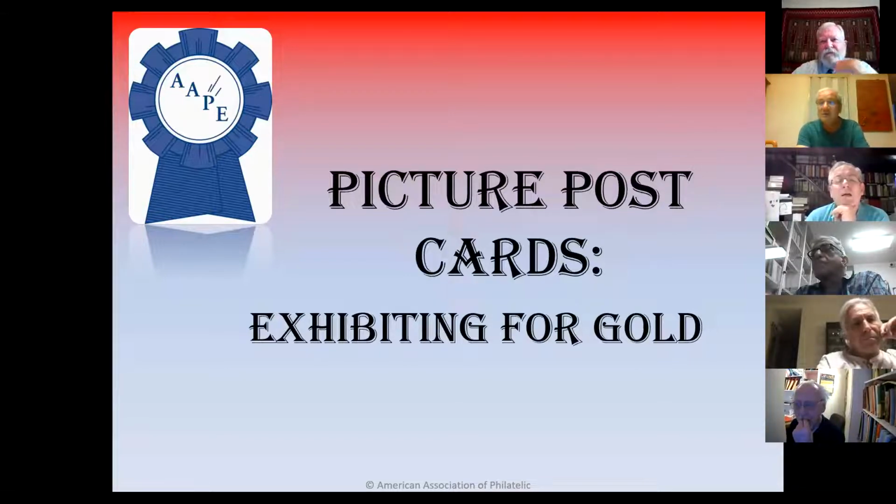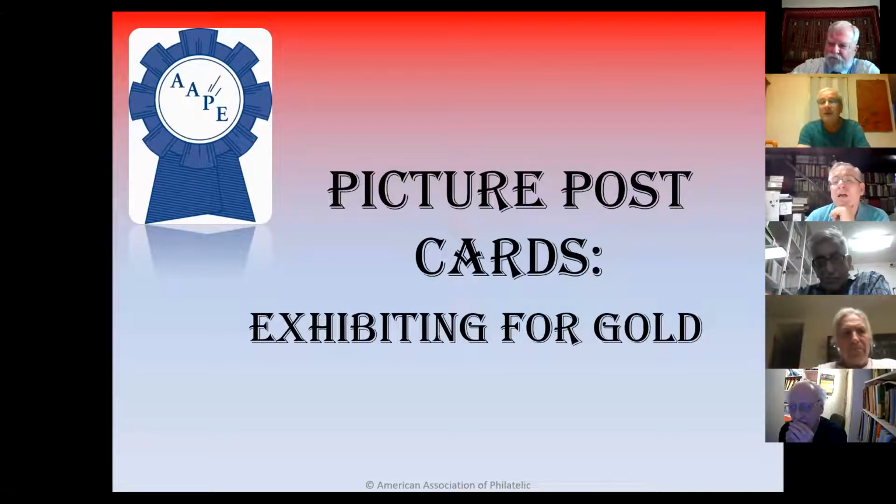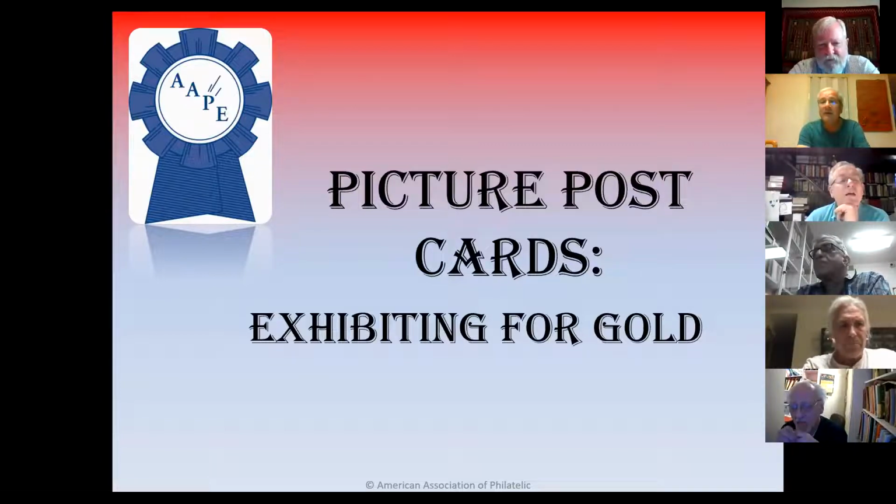Picture postcards, of course, have been a very important collectible for many, many years. And they've recently been introduced into philatelic exhibitions worldwide. It's a new thing, so we're still adapting to it. We still don't fully understand how to do it properly. This is why we're very keen on having this seminar to improve our understanding of how picture postcards should